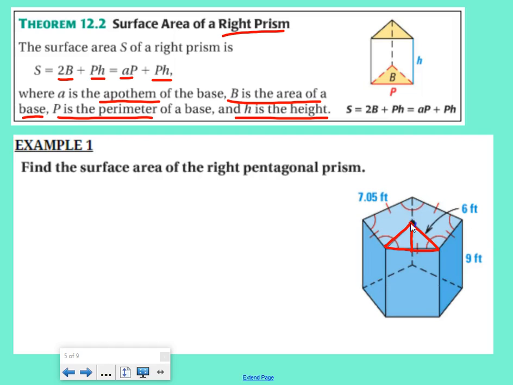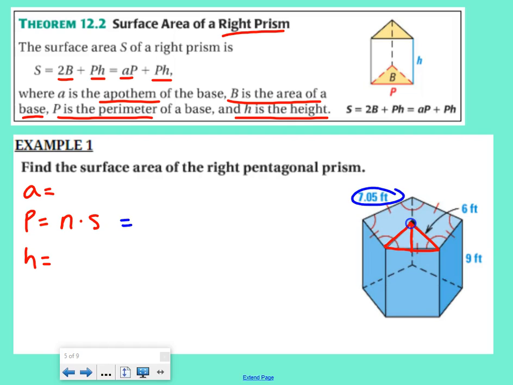So we are looking for a couple different things. We need to find the apothem. We need to find the perimeter, which remember the perimeter is the number of sides times the side length. And then we need to find the height of the figure. Now, some of these will be given for us, which is really nice. So let's look at what we're given. We are given the side length,